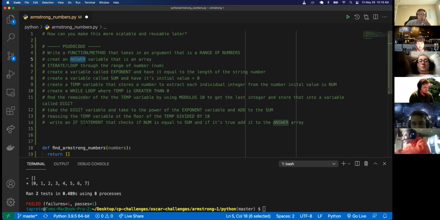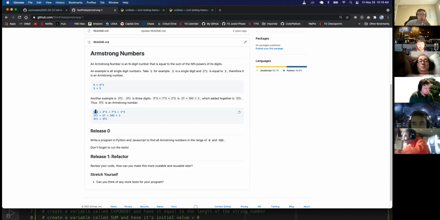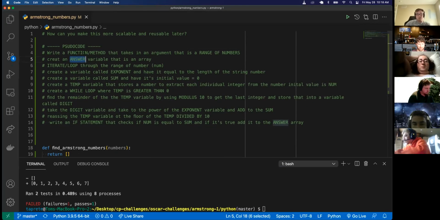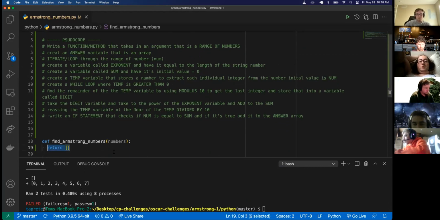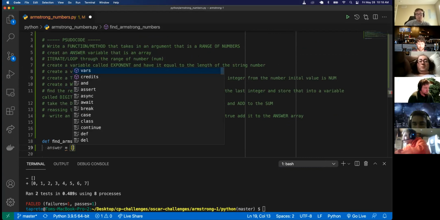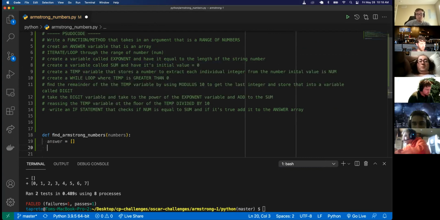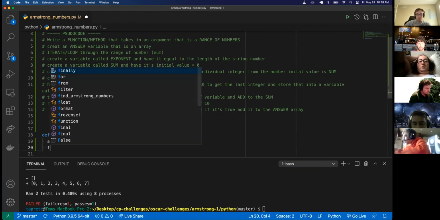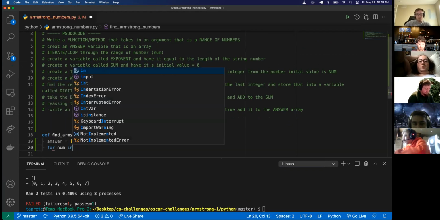So let's go through. Temp equals, all right. So let's actually write this out and see what it looks like. So the first thing I'm going to do is create an answer variable, set it to an empty array, and iterate through a loop. So for num in numbers,